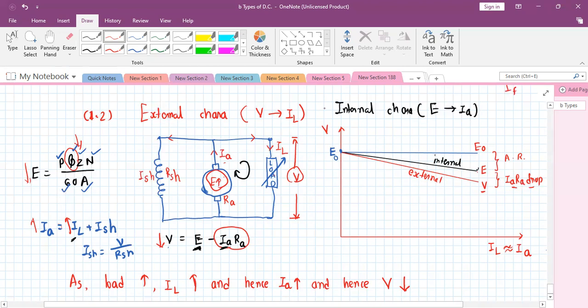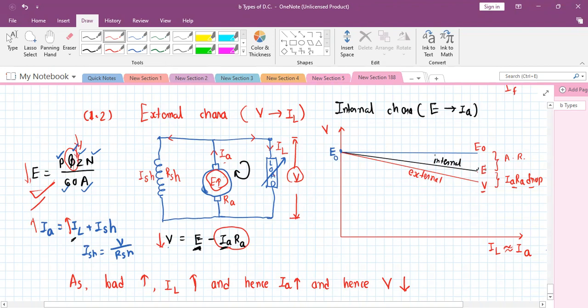So this is about the internal and external characteristics of the DC shunt generator in the same graph. What you have to do: first of all, draw the graph. Then write down what E0 is. E0 is the no load EMF. As the load is not variable, your EMF E0 is constant, so draw a straight blue line. Now write down that once you load your machine, the armature current will flow, so armature flux will be there, and due to this armature flux, your main flux is reduced. Write down this equation and show that if the flux is reducing, your EMF is reducing. So this second characteristic, the black one, is the internal.